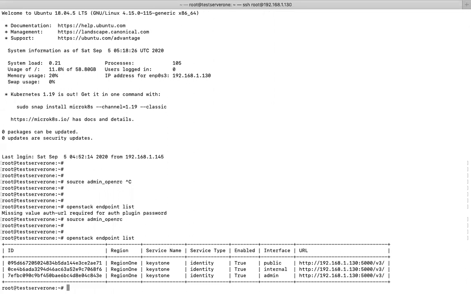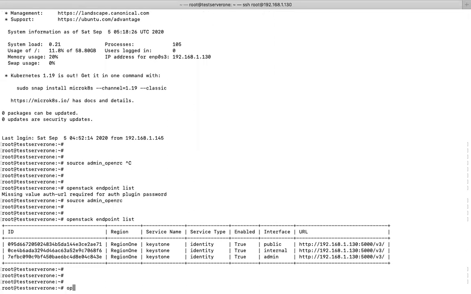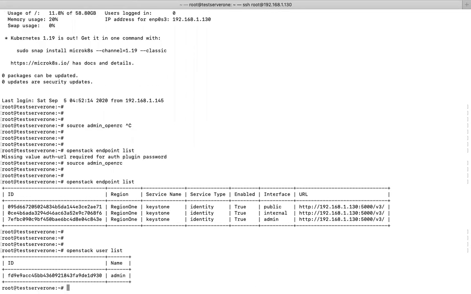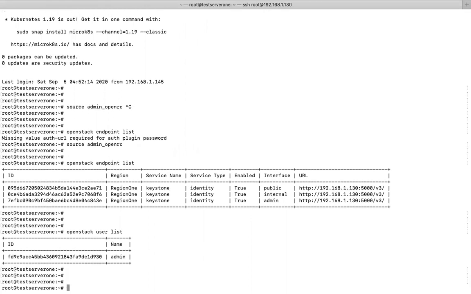Now you can see it's working, right? So similarly, if you want to see openstack user list, how many users you have created right now. Every time I have to open and then give a source command, right? Yes, of course. Whenever you log into this terminal for the first time, you have to give this. If you are already logged in, then you can execute the commands. For every command, it is not needed to give the source command. Okay, that's one thing you have to remember.